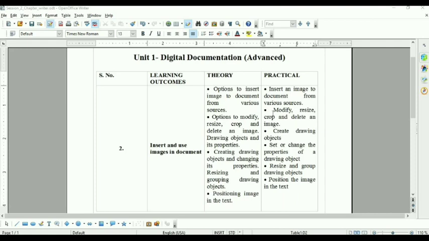First point is insert an image to document from various sources. Now the question arises, how many sources are available in this Writer software? We have many ways, like from file, or from scanning document, or from the gallery.